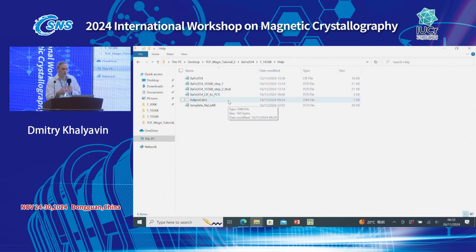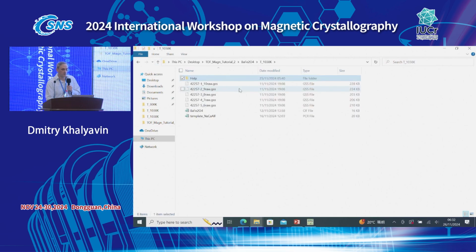So if something doesn't work, you can just go to this folder, copy the PCR file to the folder where you have your data, and then run it. Okay. So let's